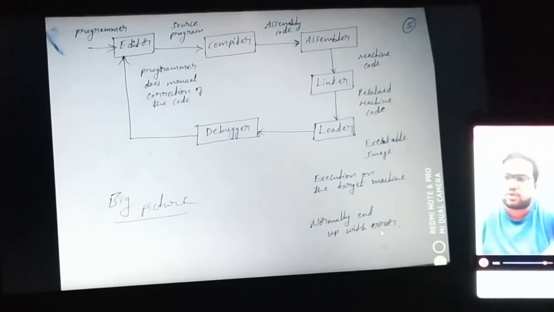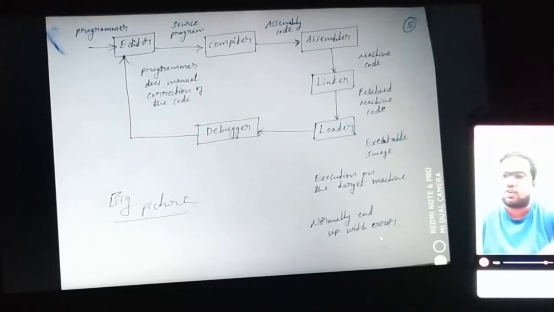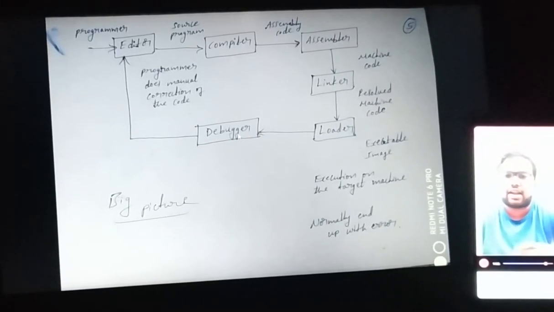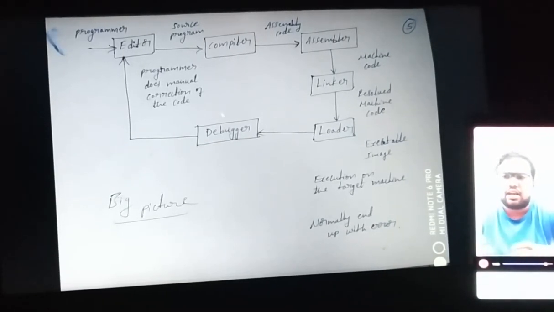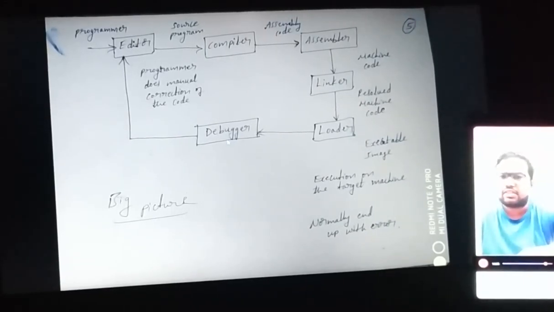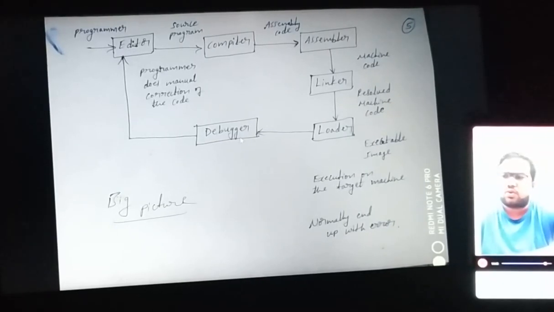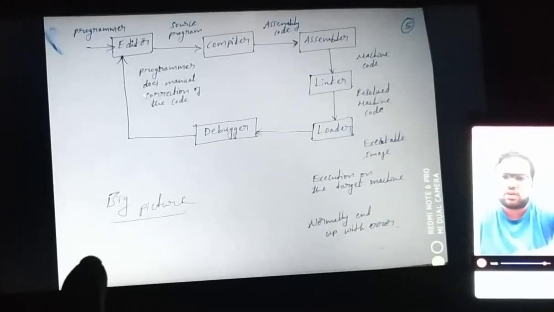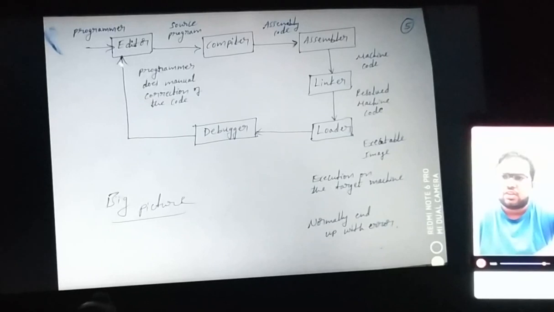Most of the times when we run a program, we end up with an error, and when we get these errors we need to rectify them. To rectify errors we go with the debugger. We come back, go with the debugger, and manually try to analyze the error. You give the debugger the task of identifying where the error is, what the error is, and what kind of error. Once you debug it, you correct the program so that there is no error, and the programmer gets manually corrected code which runs properly.